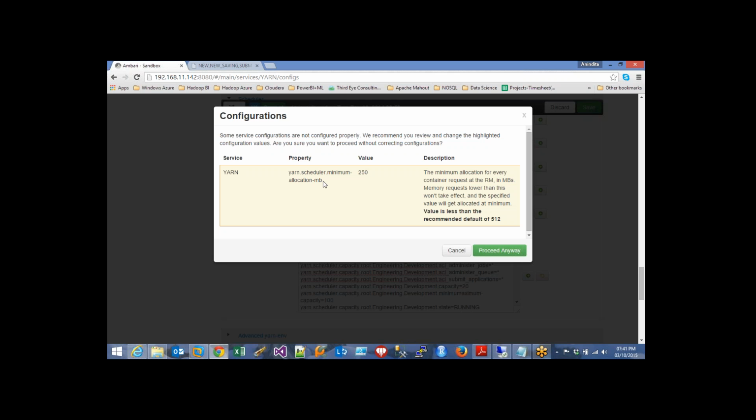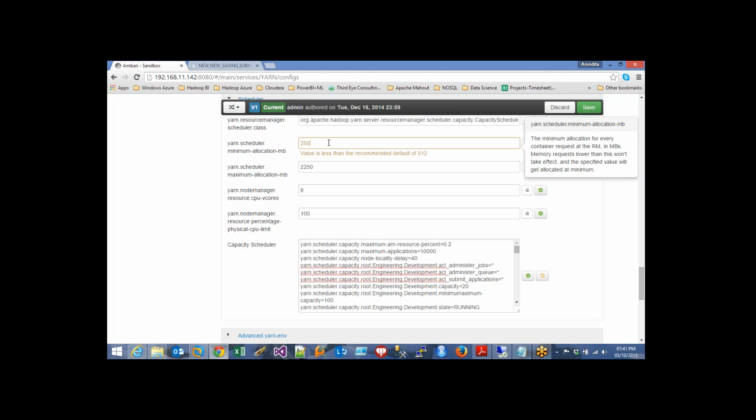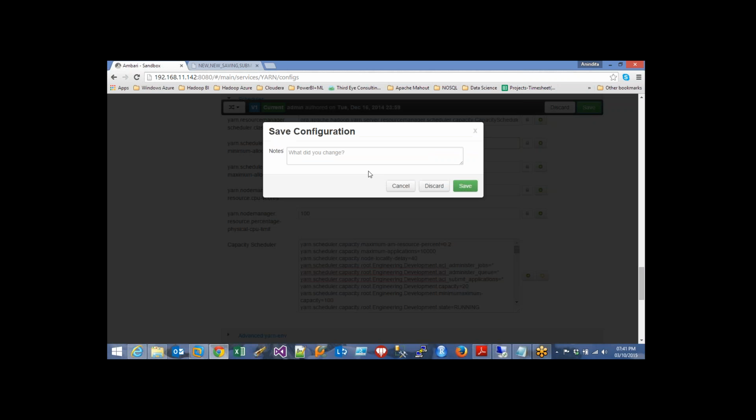So it has been prompting me for the YARN scheduler minimum allocation memory size. The default value given here is 250, but according to the prompt, the value is less than the recommended value, which could be the default of 512. So it is alerting me for the YARN scheduler minimum allocation value. What I could do is basically overwrite